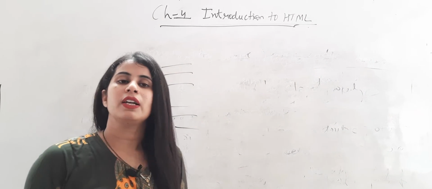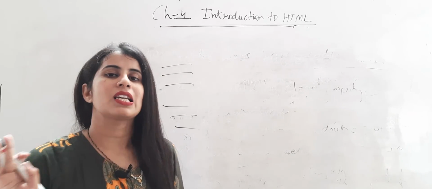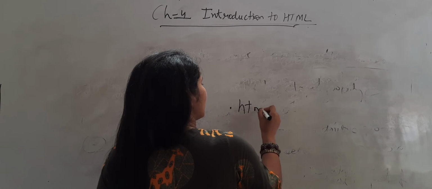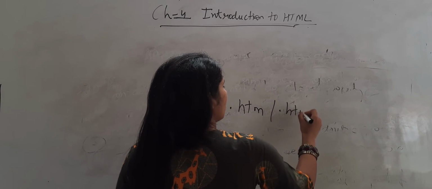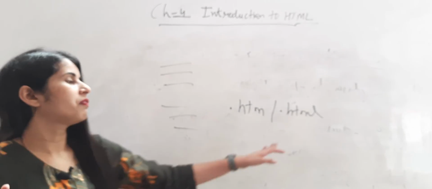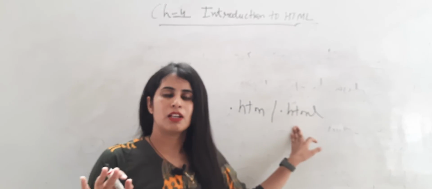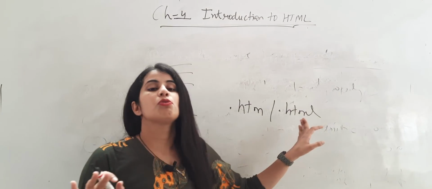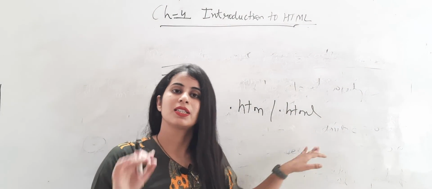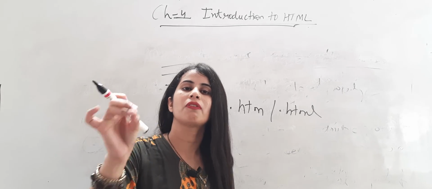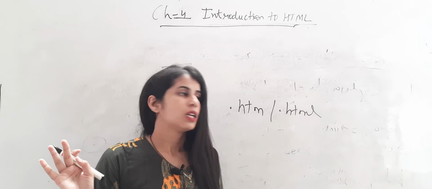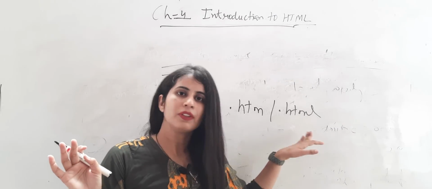Here we should save it by using a file extension, and the file extension will be .htm or .html. Out of these two, you can use either one as the file extension of HTML. If you have saved the file with these extensions, then only you can view the file on the internet, as a web page. Typed, saved with these extensions.